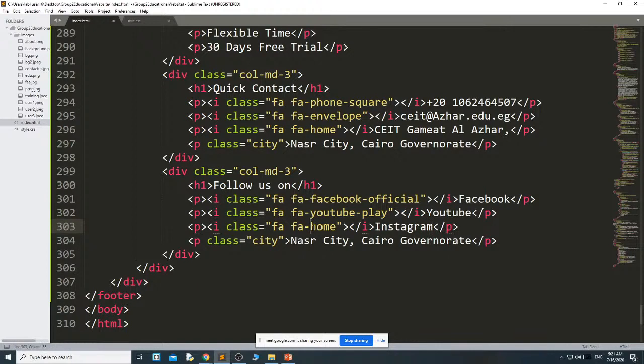And here FA Instagram. And the fourth one is, I just remove this part, this one, and I copy this and paste it here. Fourth one is Twitter, and FA Twitter.